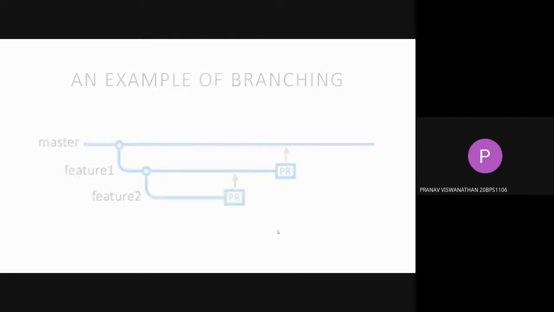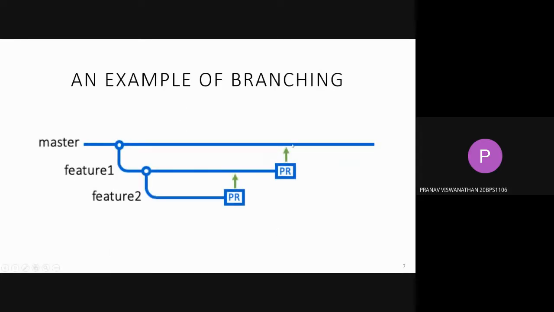Pictorially speaking, this is what branching looks like. By default, you have a main or master branch. If you want, you can create a branch, and when you create a branch, all the files that were present in the main or master branch at that moment will be transferred to the branch you just created, and you can work with it.